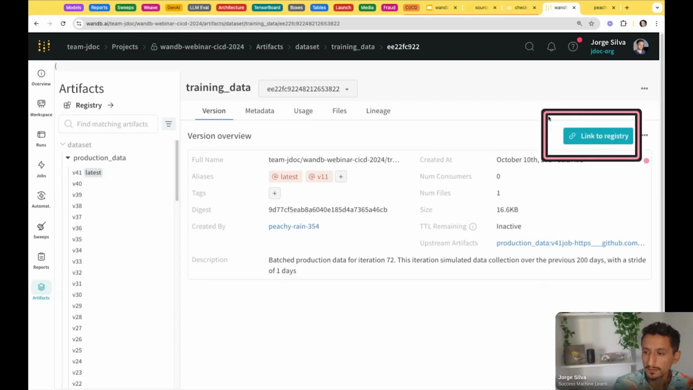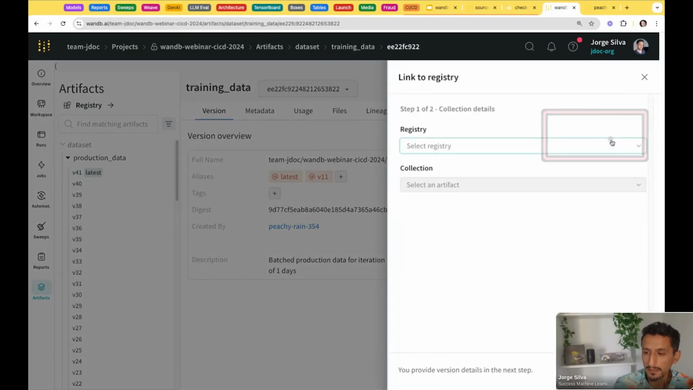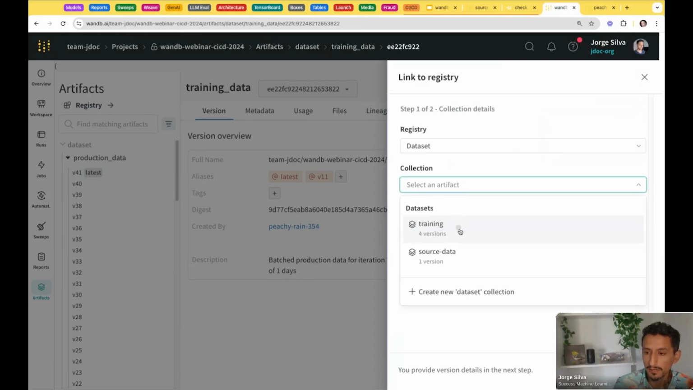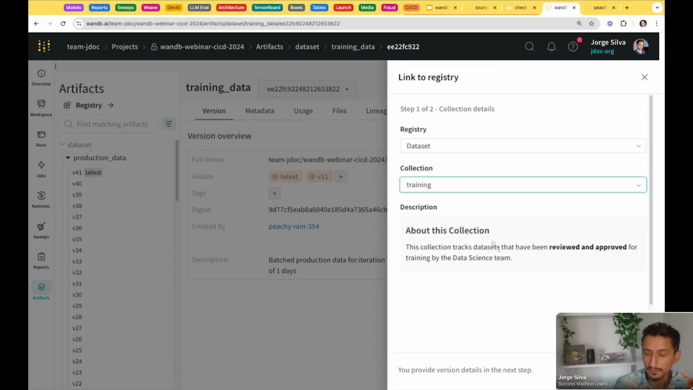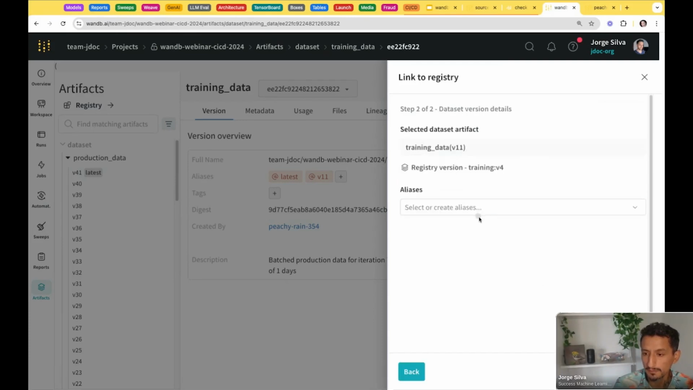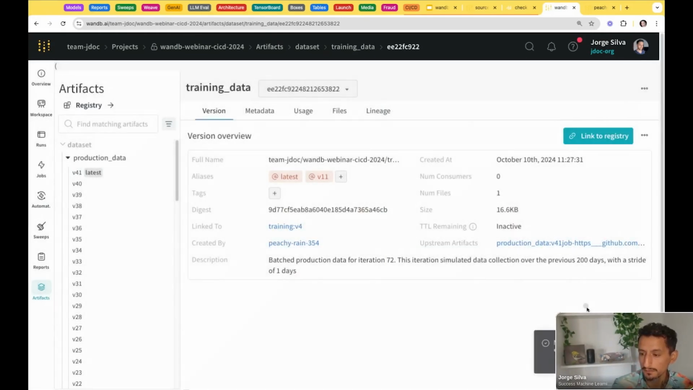If I go to that version 11, then I can use the link to registry button to link that dataset to my registry. In this case, it is a training dataset registry. Go to next step. Maybe I can tag it as candidate. No, it would be tagged as production. And then link it to the registry. Now I can view it